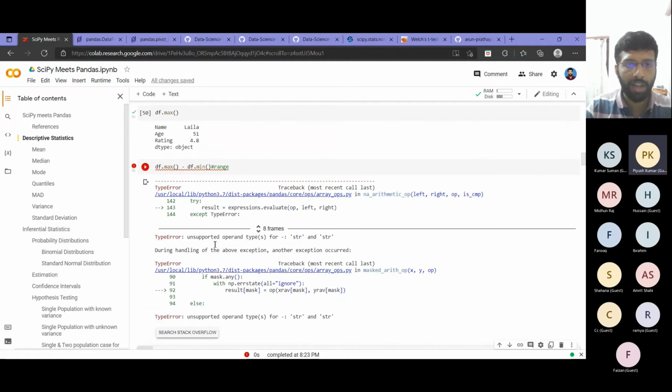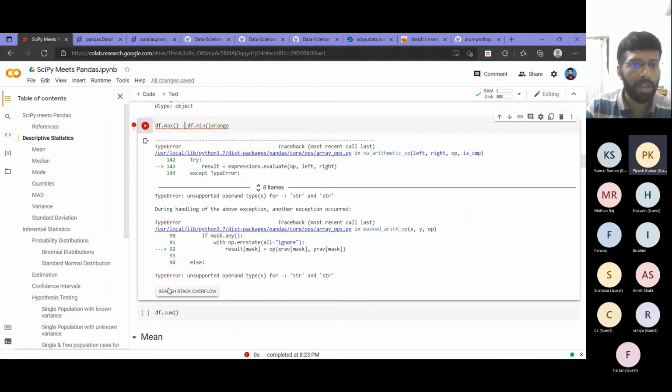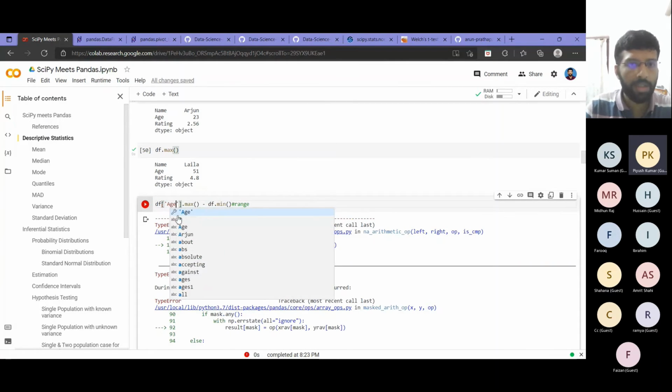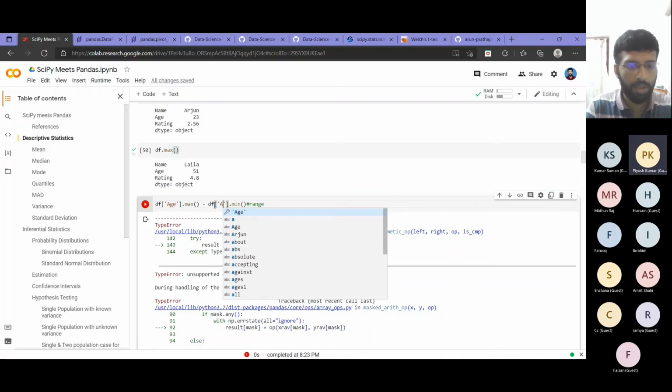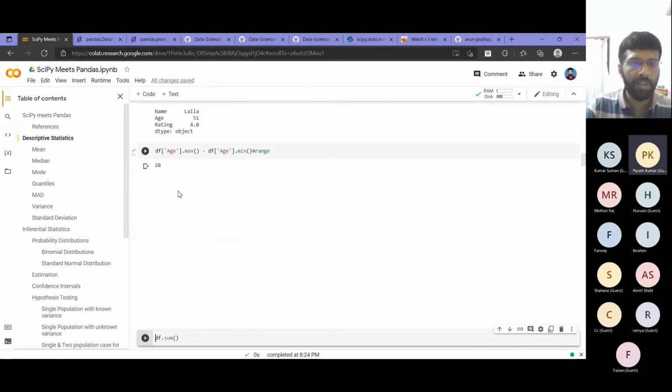That is actually not supported for string type, right? So what I can do is, suppose I want it for age alone, I can just give age here. So df of age dot max minus df of age dot min. Then I will get it for the age.